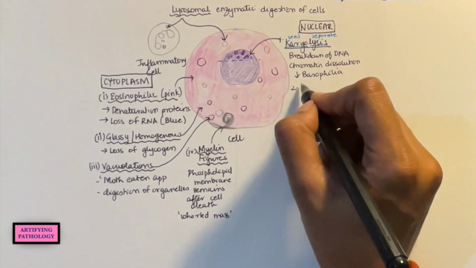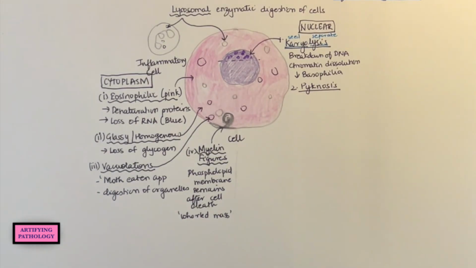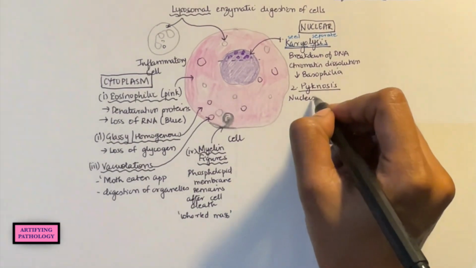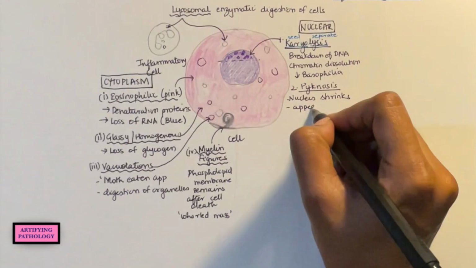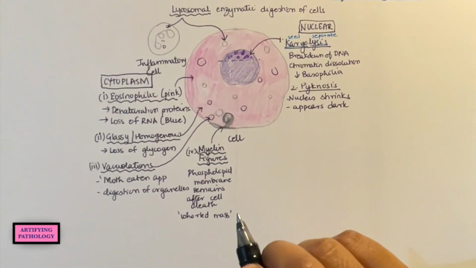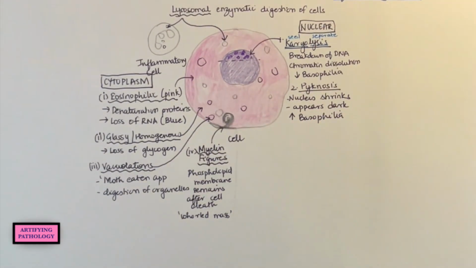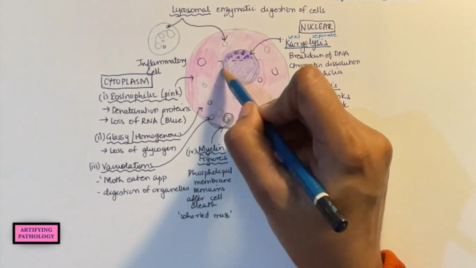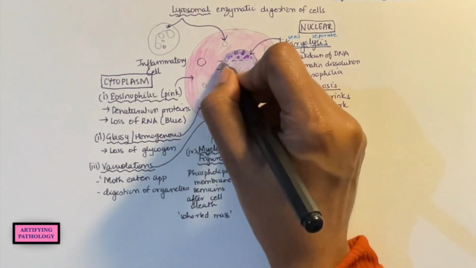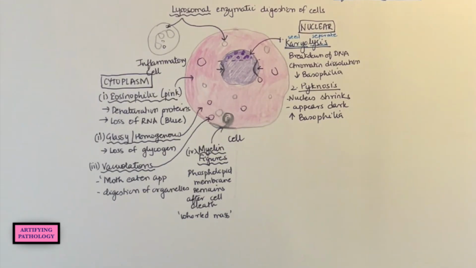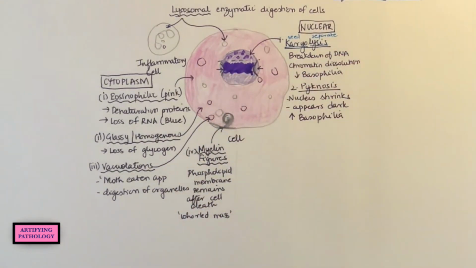The second is pycnosis. What happens in pycnosis is that the nucleus shrinks in size. So the nuclear content becomes tight enough, imparting it a very dark colored basophilic stain. Now remember, these are coming one after the other, although I have shown it in the same nucleus, these features happen one after the other. So here the nucleus is shrinking, and because of the tight chromatin condensation, it will look dark, and this is called pycnosis.